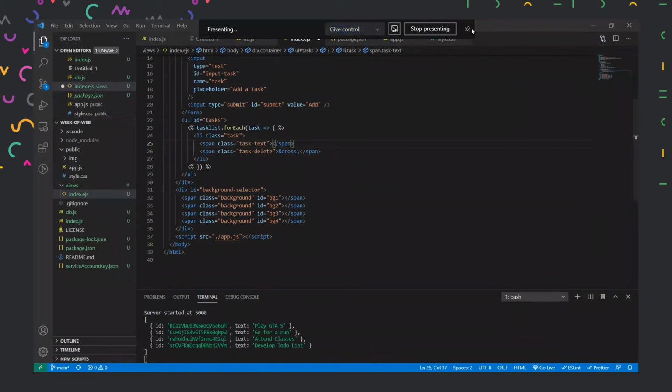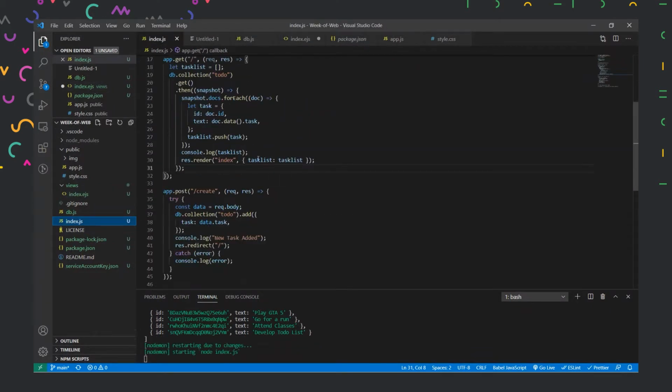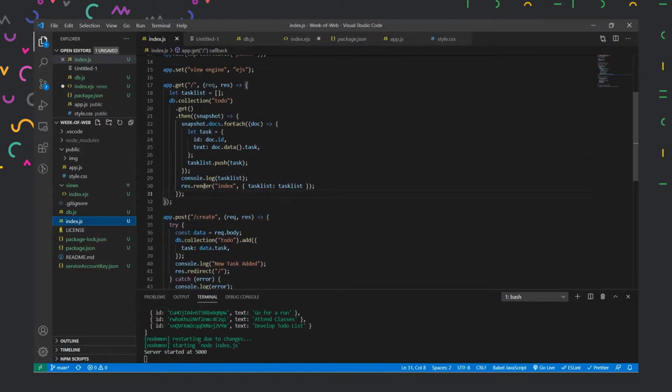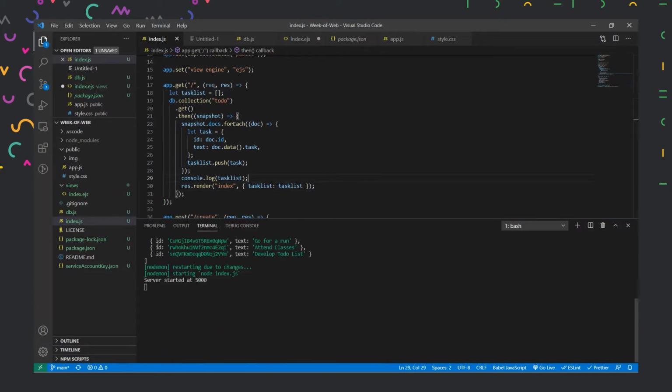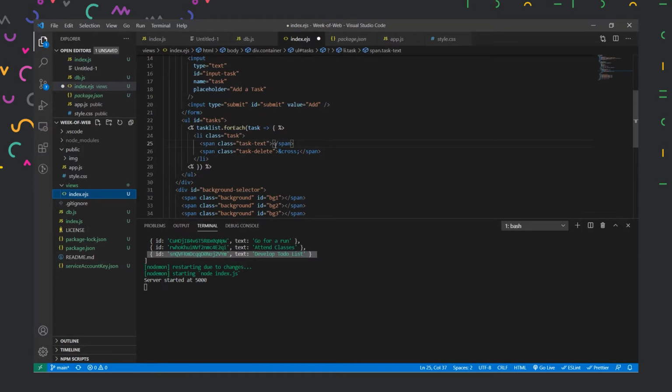So moving on to our index.js file, we have our task list defined. Inside task list, we have this task object created. If I console log it also, you see this is an array of objects. So inside an array, we have selected an array. Then it is selecting each element. So our task variable is selecting this element. Then in the next iteration, it will select the next element. So this is still an object, right? So we can use the dot operator here to select each item inside it, right? So let us use the dot operator here.